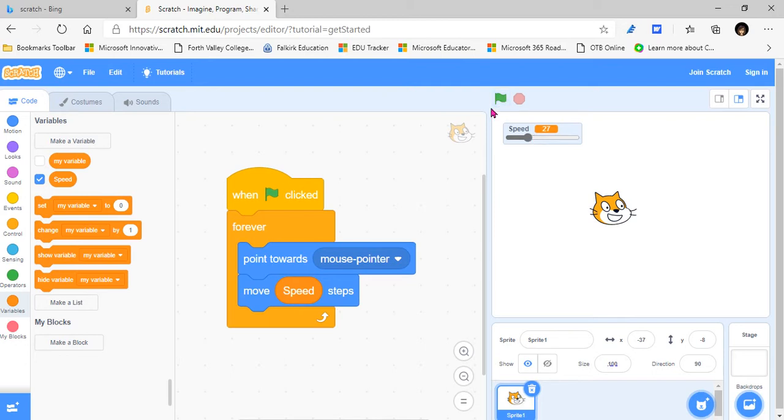Now what I want to do is try that just now. So my speed is at 27, and you'll see that's awfully fast. If I reduce it down and do it again, you'll see that that's really slow at 1. So obviously, depending on what we change this to, depends on how fast our cat head is going to follow